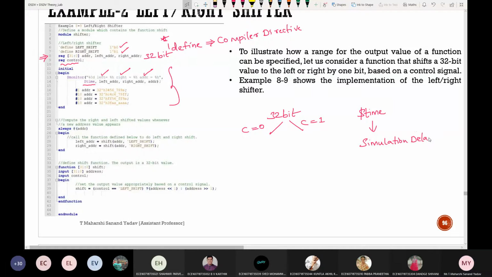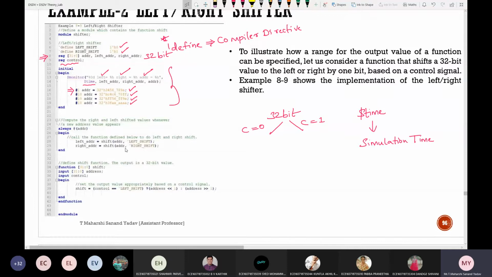Simulation time, which is based on the delay values. So after 1 nanosecond of delay, this is the value given for address, and 1 plus 10, after 11 nanoseconds, this will be the value, 11 plus 10, 21, and this is the 31 value.